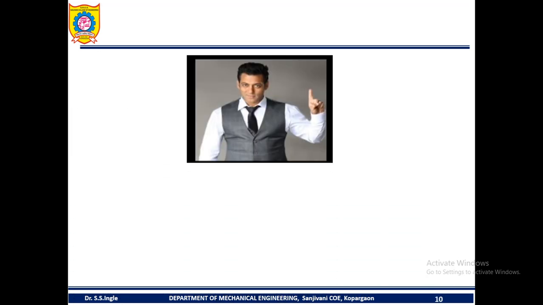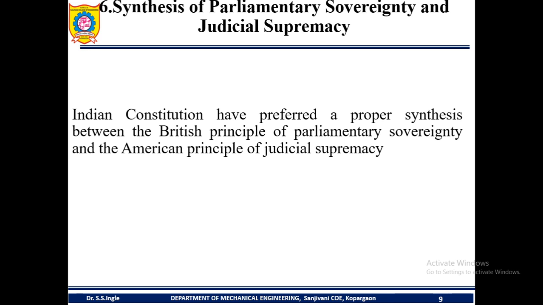Just as Indian parliamentary system differs from British system, the scope of judicial review power of Supreme Court in India is narrower than that which exists in the US. This is because the American Constitution provides for due process of law against that of procedure established by law contained in the Indian Constitution. This is in Article number 21.